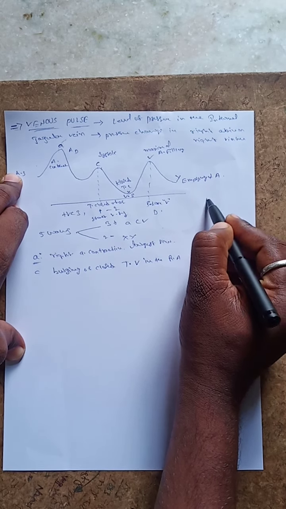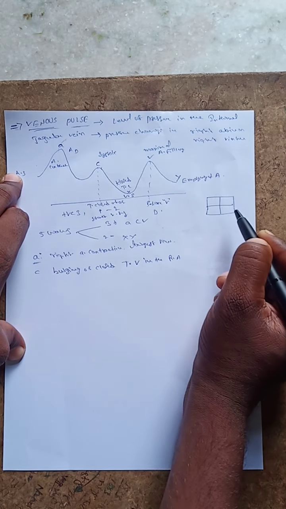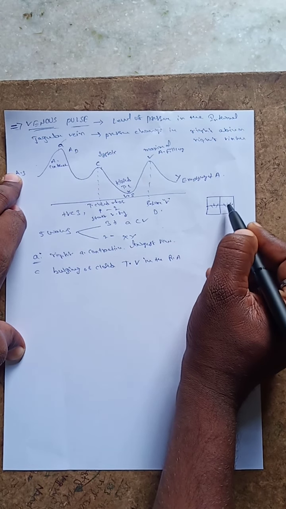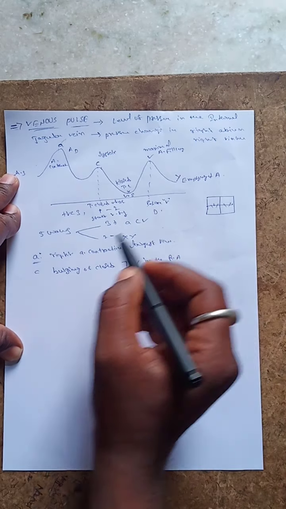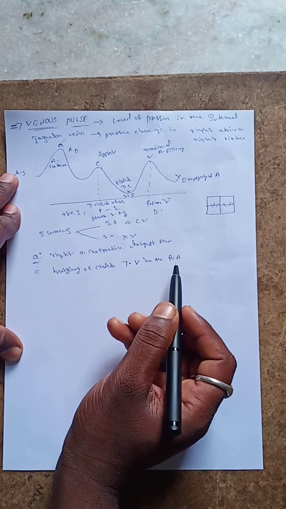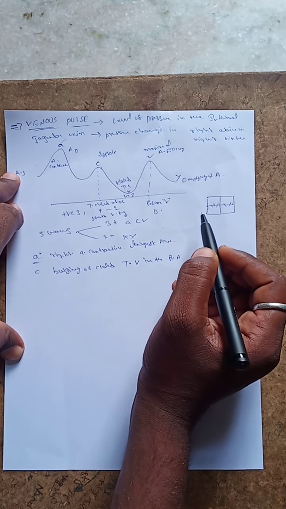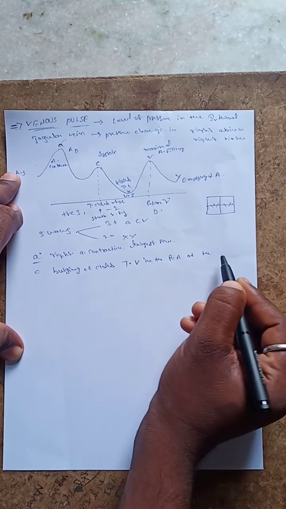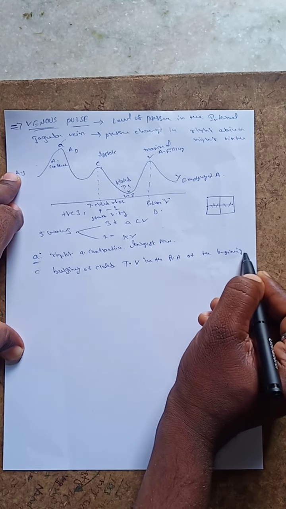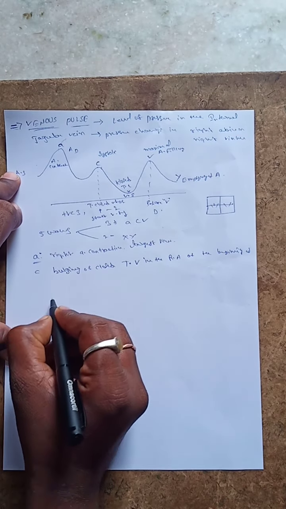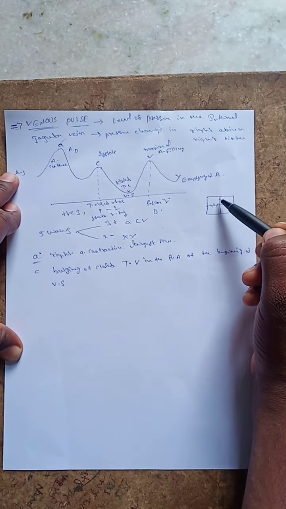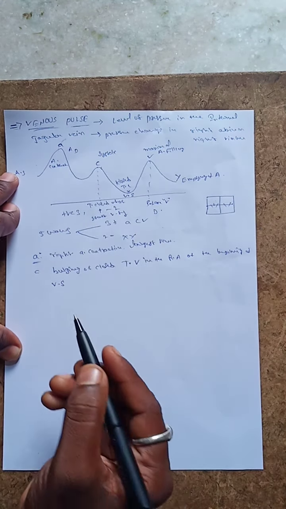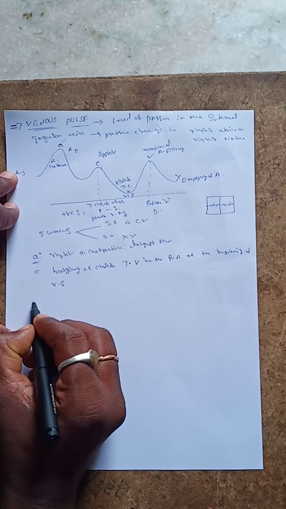For example, this is the heart. It is divided into 4 parts. The tricuspid valve is between the right atrium and right ventricle, and the bicuspid valve is between the left parts of the heart. The C wave is the bulging of the closed tricuspid valve into the right atrium at the beginning of ventricular systole. Once atrial diastole pressure is finished, it is the start of ventricular systole, and this pressure is known as the C wave. And the next one is the X wave.